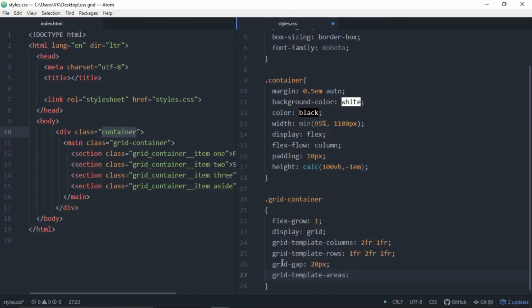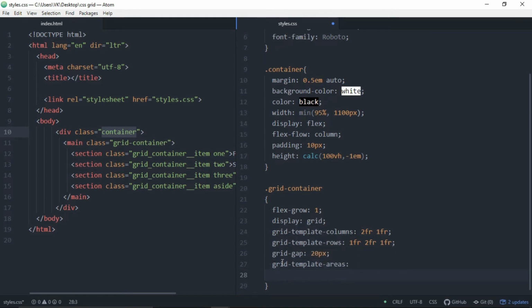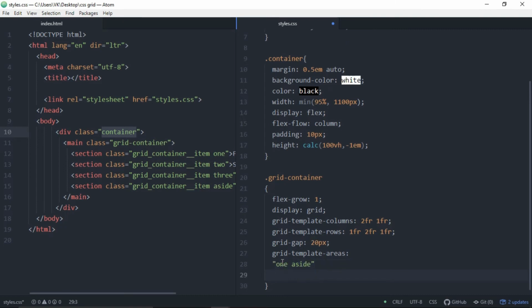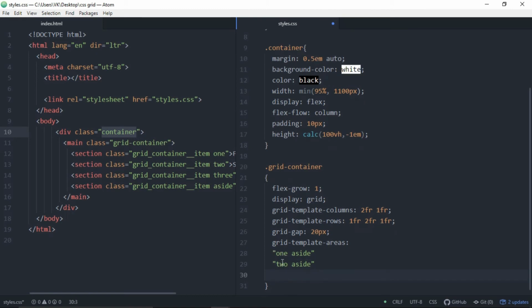The name of the first grid will be 1, which will be on the top left, and second one will be 2, the third one 3, and aside is gonna occupy the whole second column. We don't need a semicolon here, just remove this.